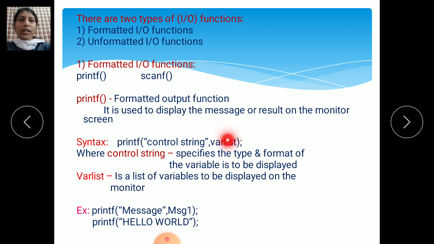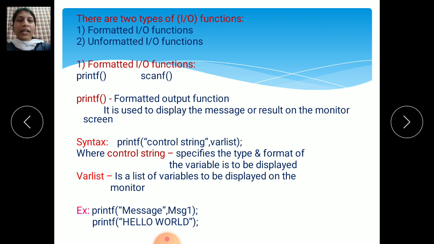If you do not write it, the value of that variable is not displayed. If you want to display that number, write the variable list here, meaning whichever variables you are using in your program. So write the message and the variables you are using. Then close the round bracket and give a semicolon. Each printf and scanf statement is terminated by a semicolon.